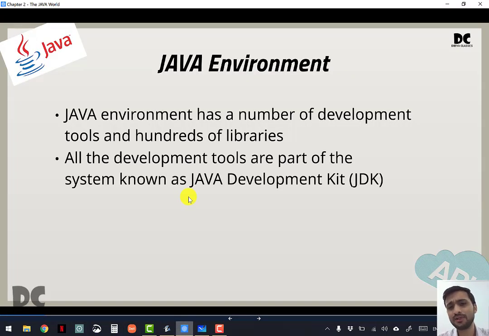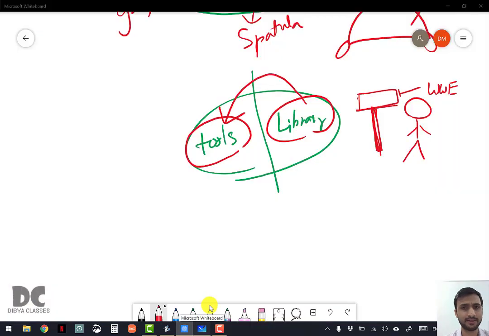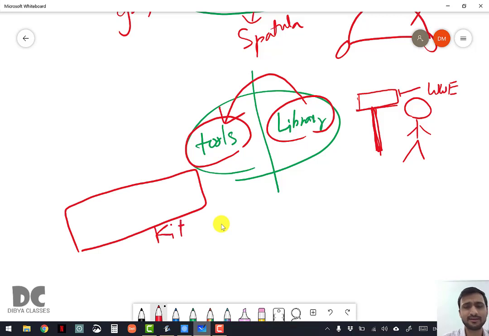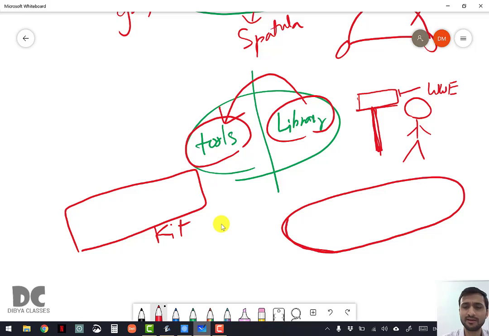All these development tools are part of the system known as Java Development Kit. So all these tools of Java are present inside a kit. Kit like a cricket kit. In the big bag you can see, if you have seen, your friends might have joined some cricket club to learn cricket.